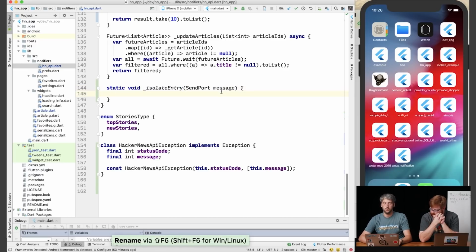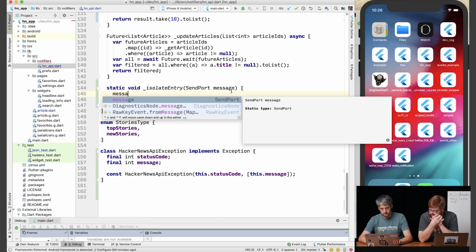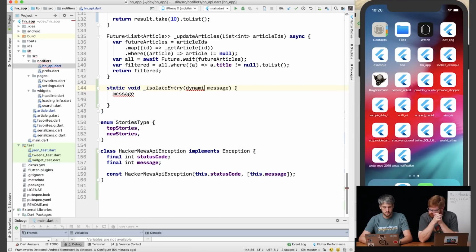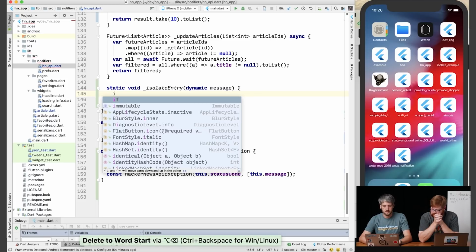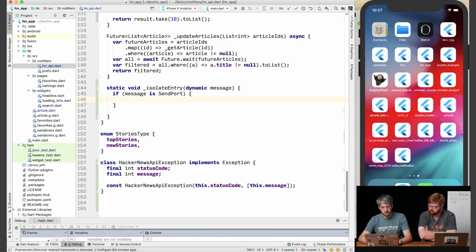All right. So in this method we need to basically do everything, right? So we can do things like, we get the message, which can be not just the send port. Later we will be sending other stuff. I don't want to cast that. Yeah. So if message is send port, then